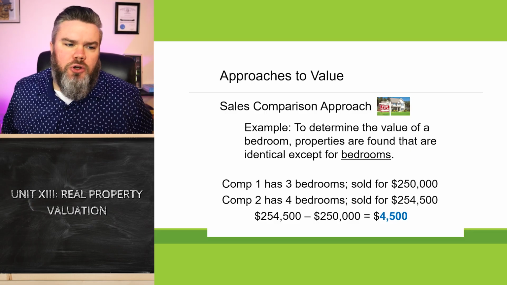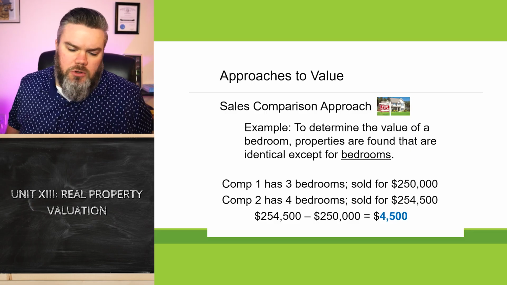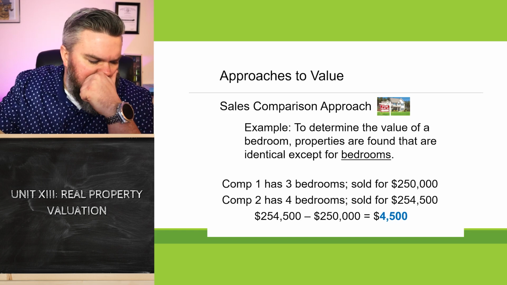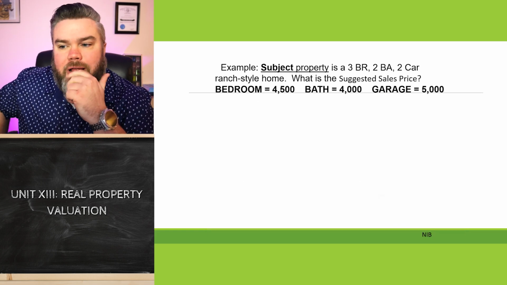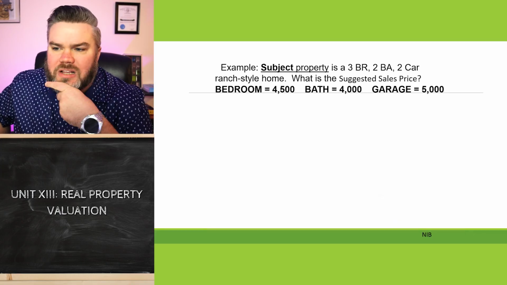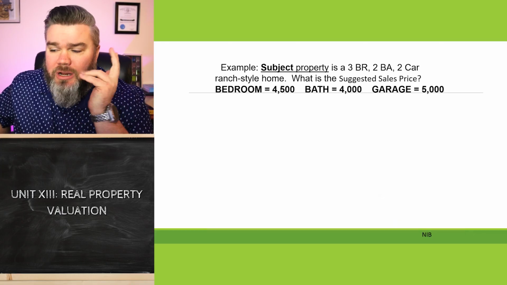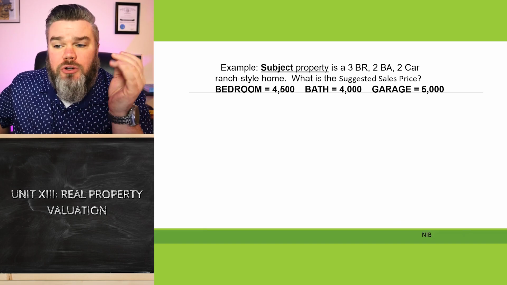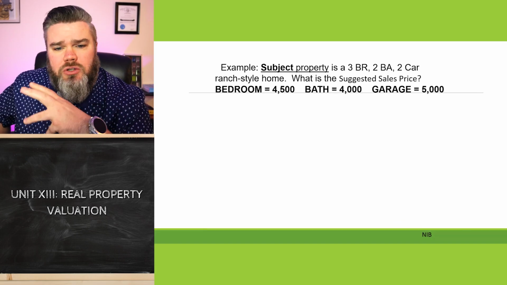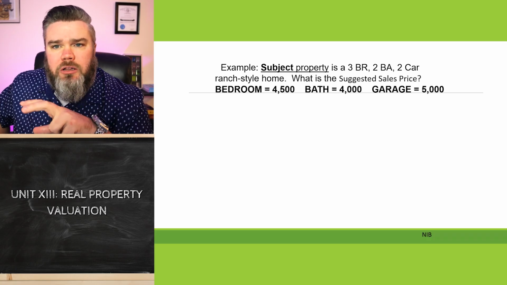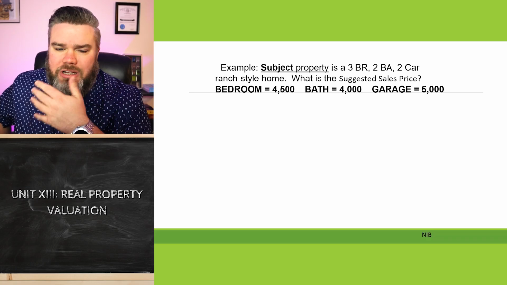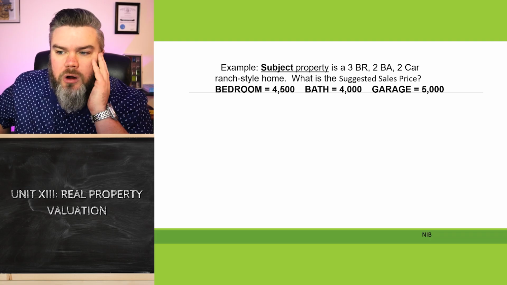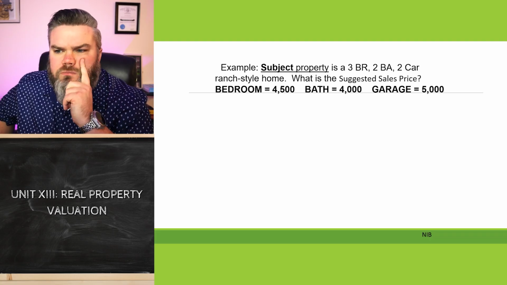So let me show you what an actual comparable is going to look like, or an actual CMA, should I say. We've got a subject property, which is the property we're trying to figure out the value of, by the way, folks. I'm going to say value because we're talking about an appraiser, but we do this the exact same way. We ultimately will call it a probable sales price or a probable lease price. Even though we may say value along the way, we can't say what the house is worth. So there's that clarification again.